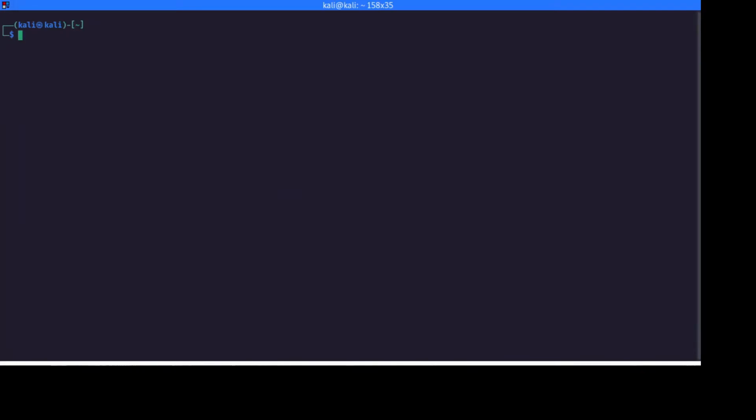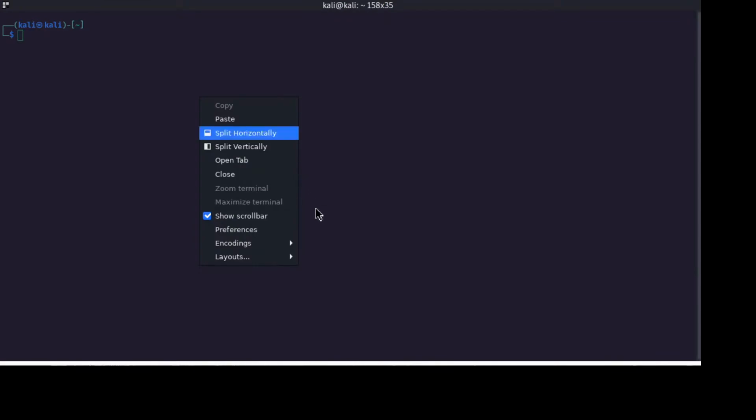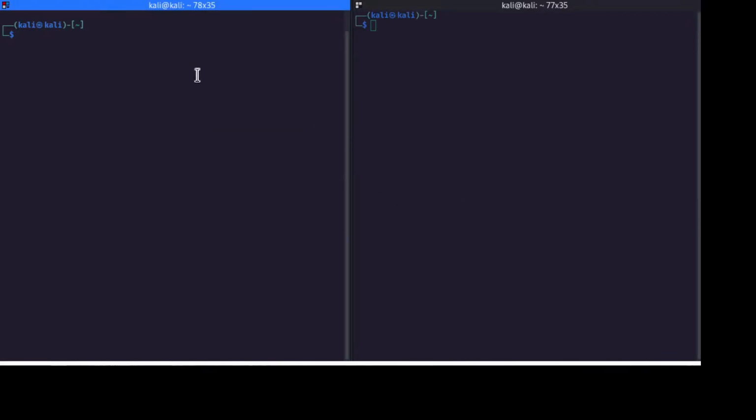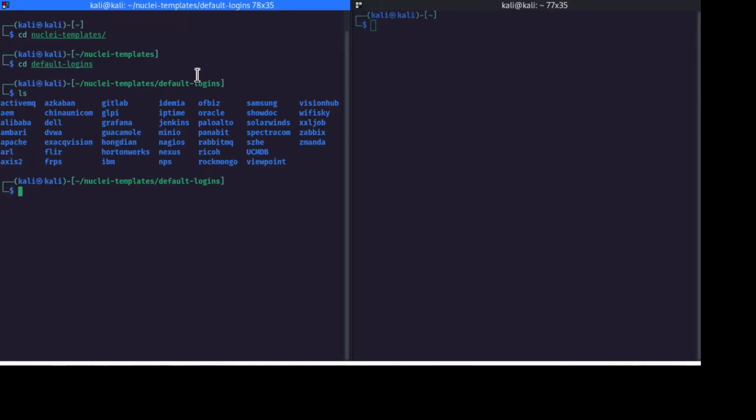For that, I will open a tab here and show you what the templates are, how these templates look, and how we can run our Nuclei tool on them. In one tab I have opened Nuclei templates. I will have a look at the templates, and we'll begin with the easiest to understand ones. We can go with the Apache Tomcat login that we just saw. So in Nuclei templates, we can go for default logins, and here we can go with the Apache.